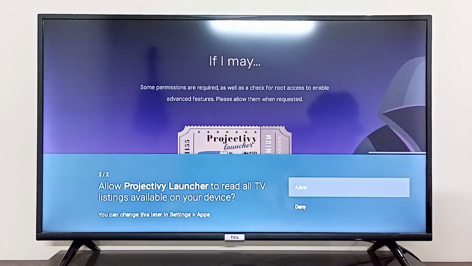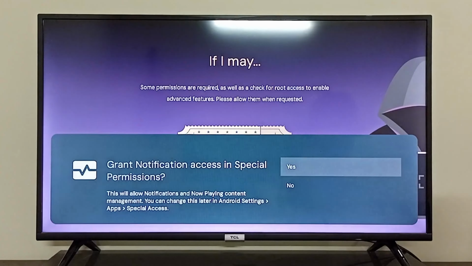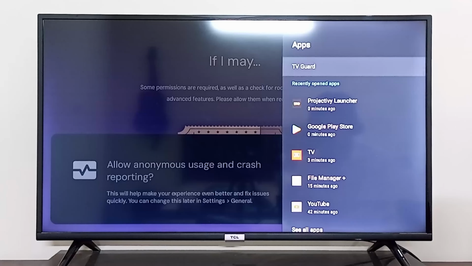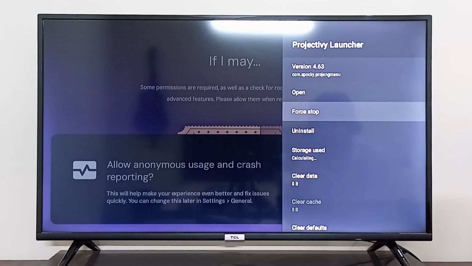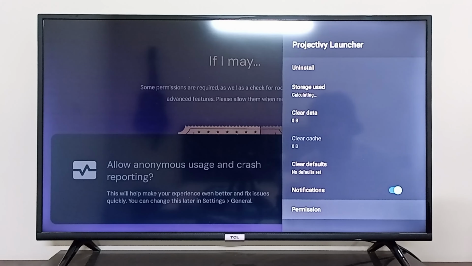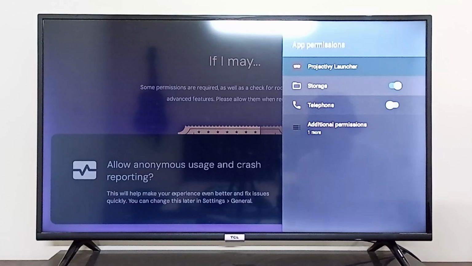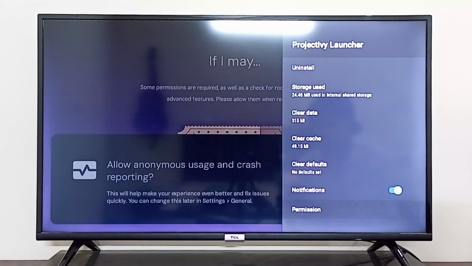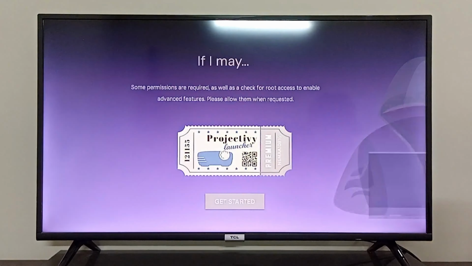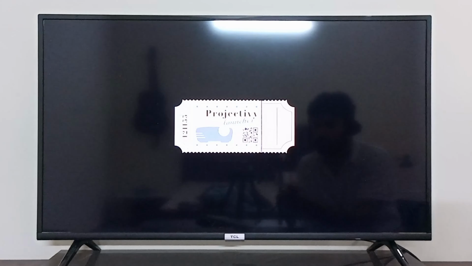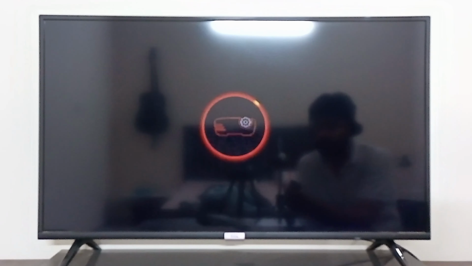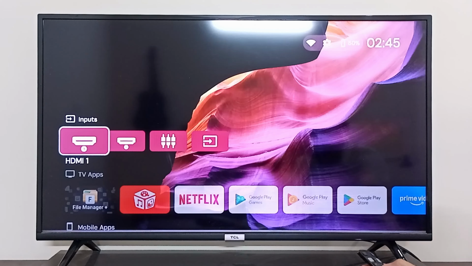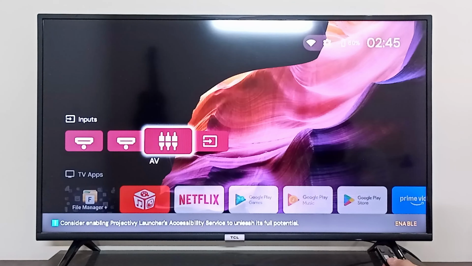And it is asking you to allow it to read the information and grant it special access to act as the default launcher. So we can simply go to permissions and allow the permissions that it requires and simply get started. As you can see, my screen has now been changed and now this is my default launcher for my